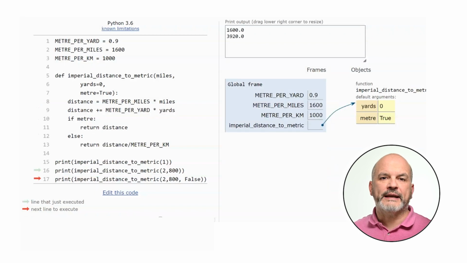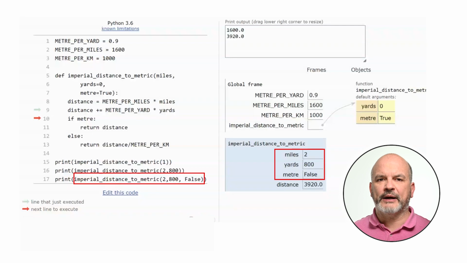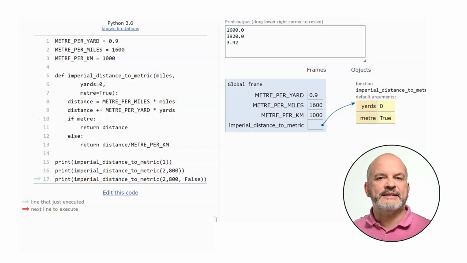Finally, calling imperial distance to metric with 3 parameters, 2, 800 and false, returns 3.92, that is the distance of 2 miles and 800 yards in kilometers. As you can see, we can call the function with 1, 2 or 3 arguments, and it will work as expected.